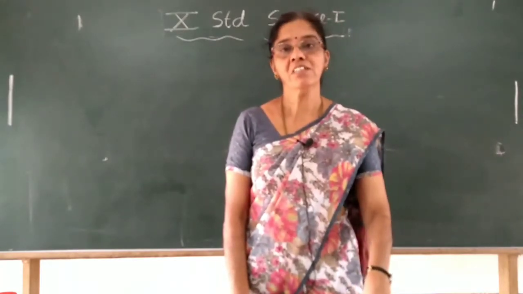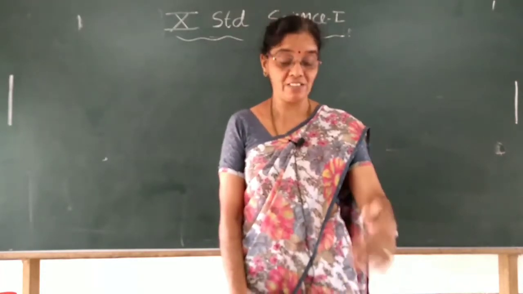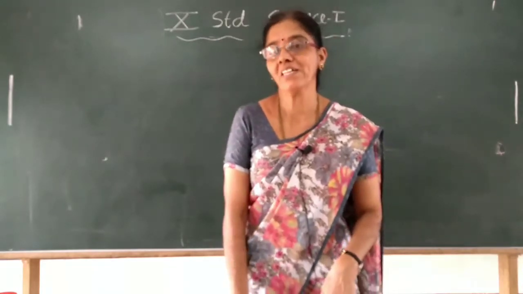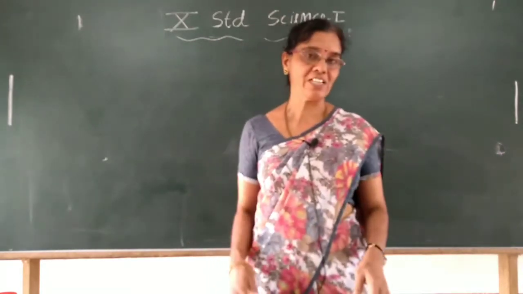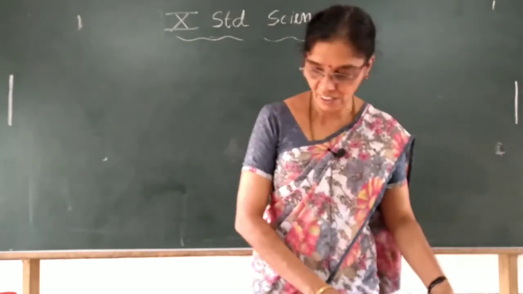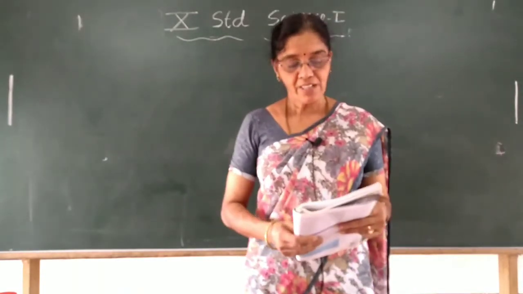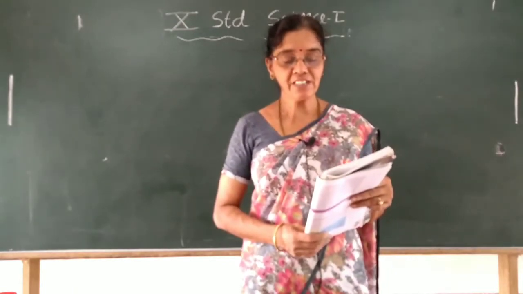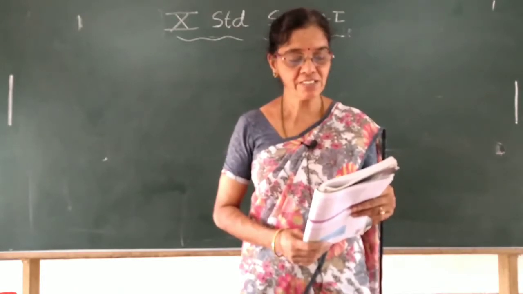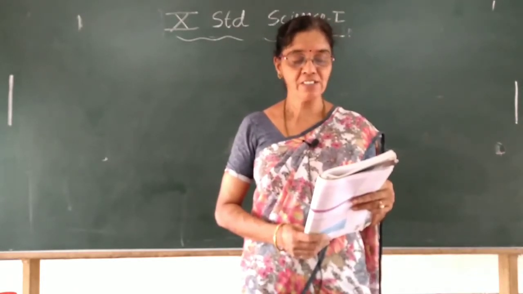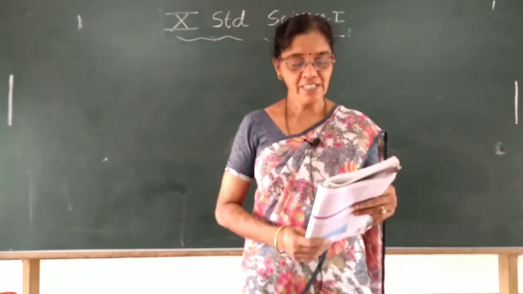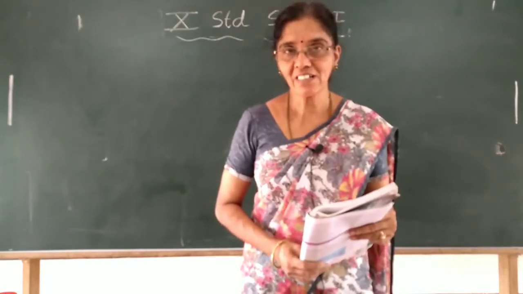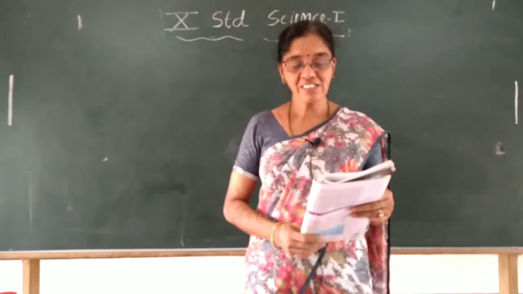I'll read out the question. I will give the correct clarification and the direction about the three fields: magnetic field, electric field and the force experienced. Then we will go to the new lesson. Okay, children, the question I read is: a positively charged particle, that is an alpha particle, projected towards west is deflected towards north by a magnetic field. The direction of the magnetic field, I have given as downward. It is not the correct answer. What is the answer? We will see today.